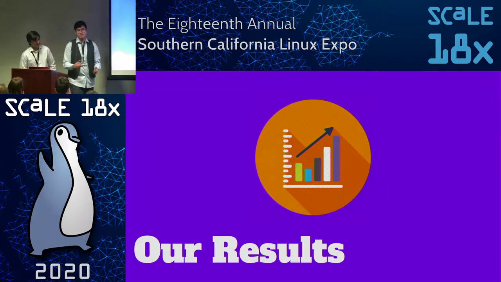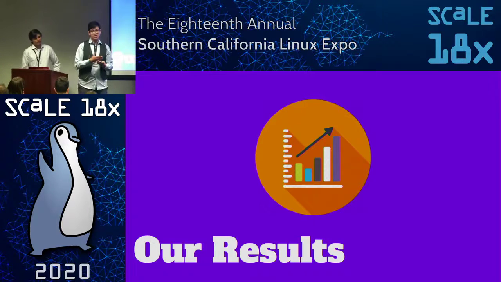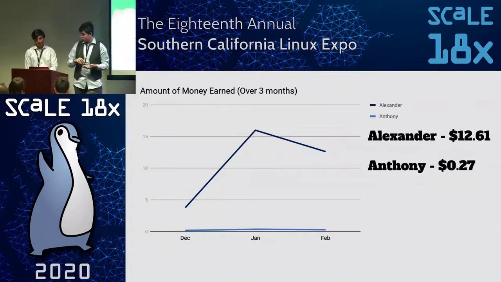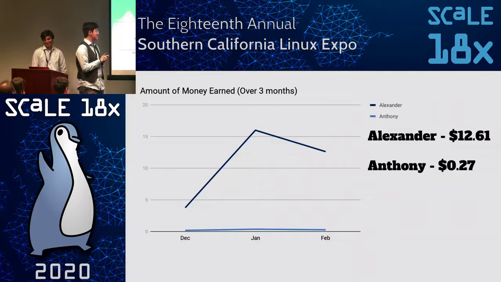So we're going to talk about our results over this 4-month time period of us using the revenue system and us using Brave as a whole. So currently with this graph, you can see that I made about $12.61, while Anthony, on the other hand, made... It's important to note